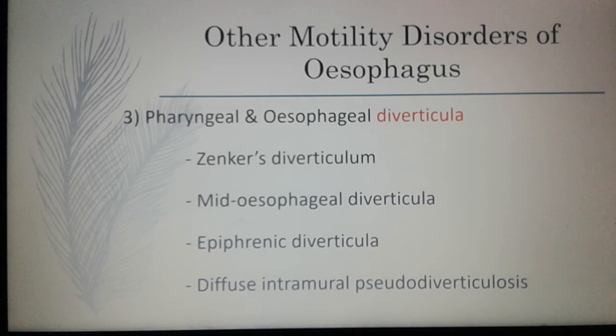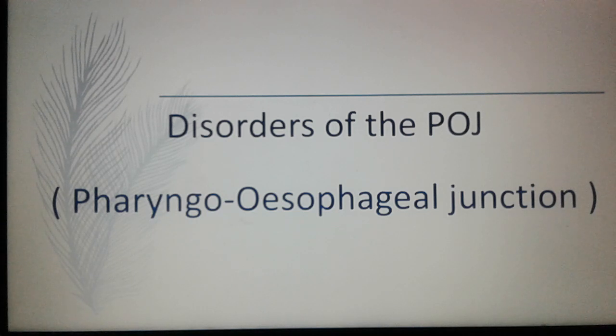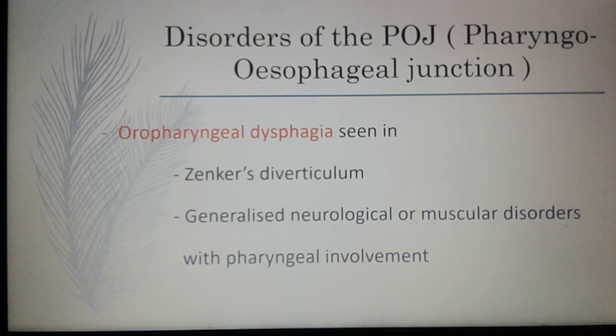So let's start one by one. First of all, the disorders of the pharyngoesophageal junction. Very brief. In disorders of the pharyngoesophageal junction, the patients usually complain of oropharyngeal dysphagia. Broadly speaking, this is seen in two major conditions. The first one is Zenker's diverticulum,